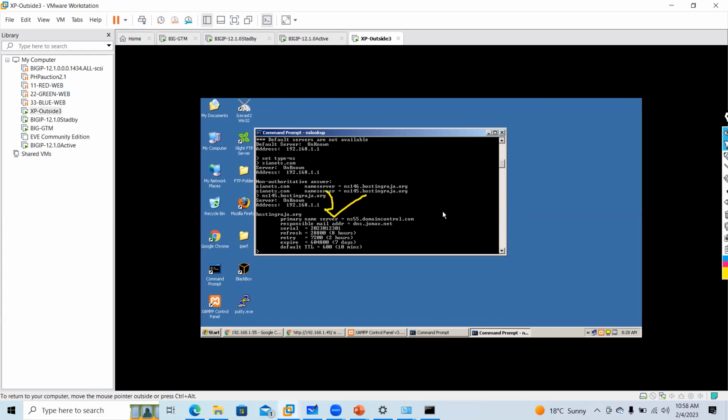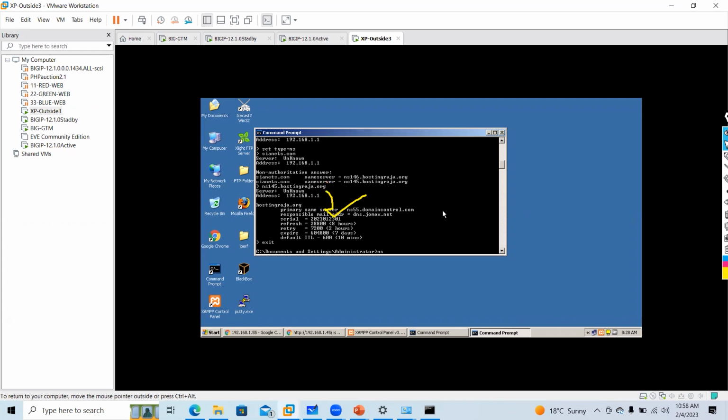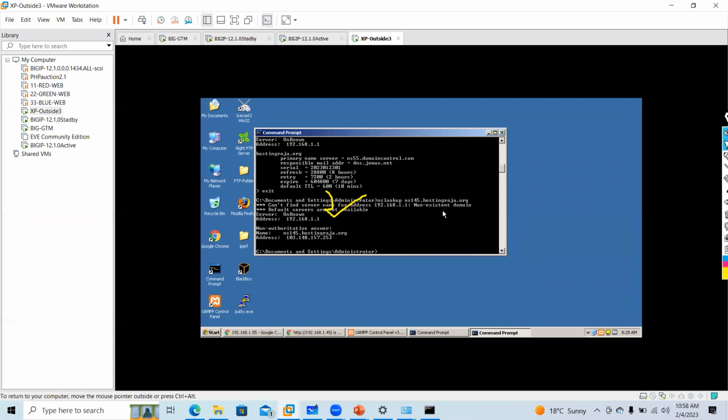Now, if I type exit, I type nslookup ns145.hosting.raja.org, I will see the IP address.